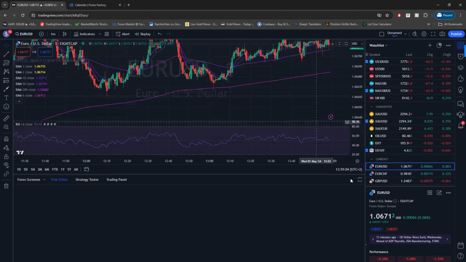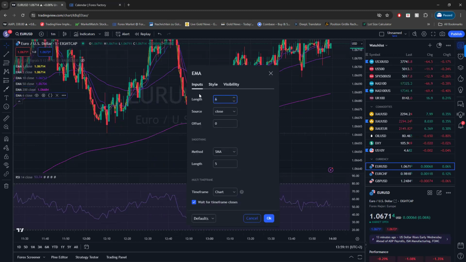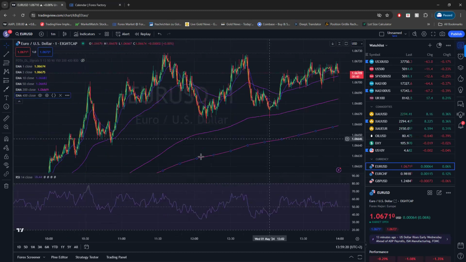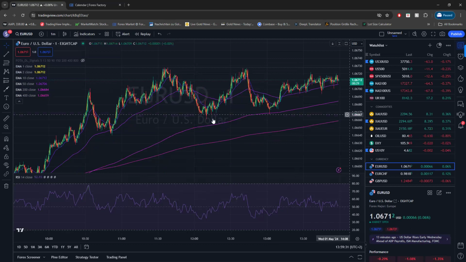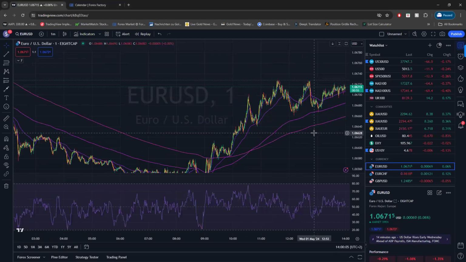Let's go to 6, modify 6 maybe to 400. Okay, this is 400 right now. So we can see that the higher the EMA, the further away it moves from the market. And that being said, what does that mean? So it means that if you look at this market